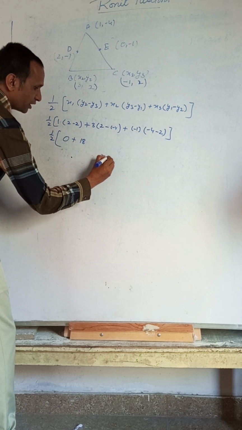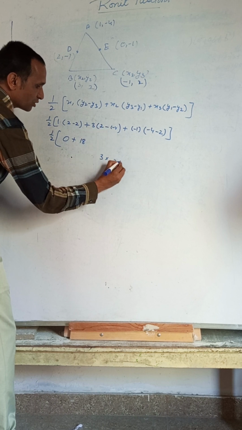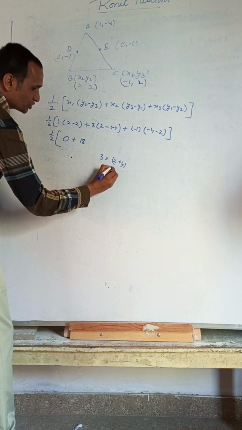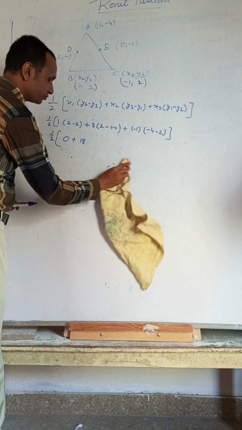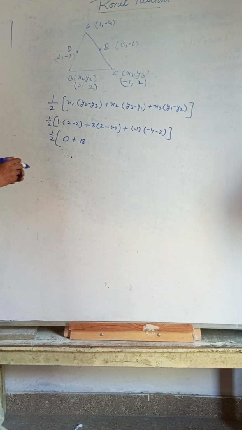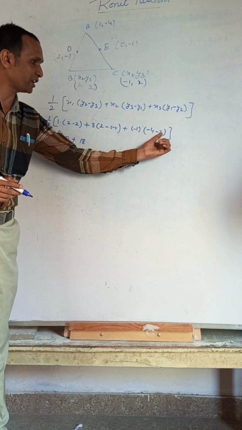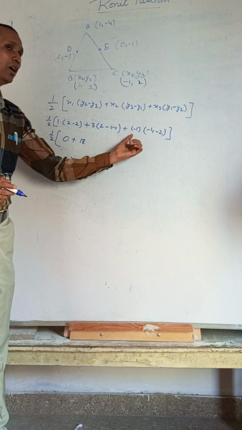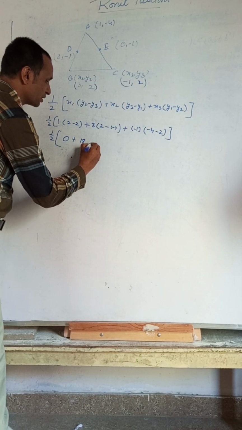How? 3 into 2 minus into minus plus 4. So 4 plus 2 is 6, 6 threes are 18. Like that it can be written. 18. This one, what is written? Minus 6, minus 4, minus 2, minus 6 into 1. Okay, 6 only, but minus into minus is plus 6.